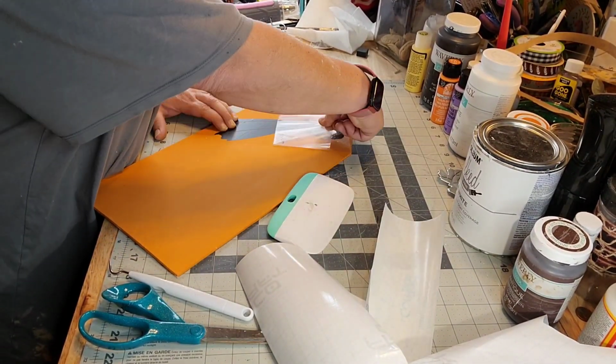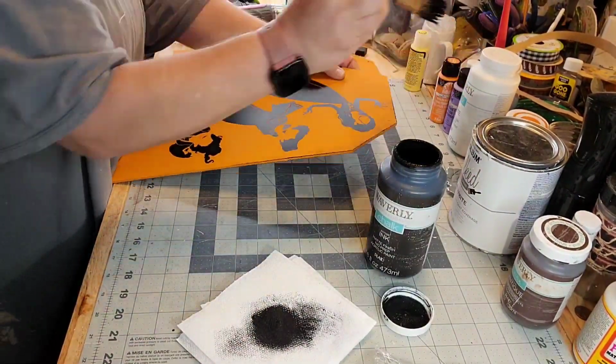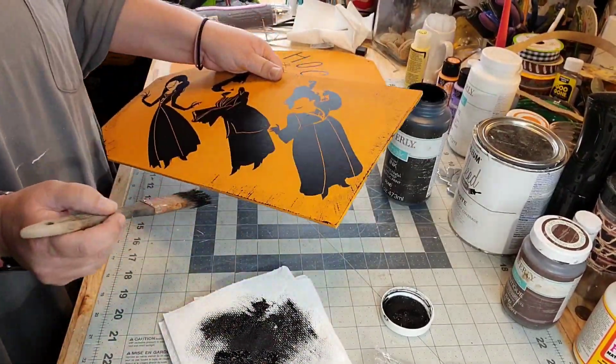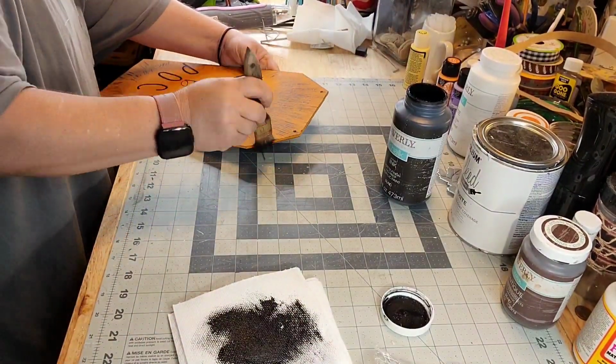I have Cricut Design Space. I've had it for a long time now, but those were not free. So it's supposed to be Winnie, Mary, and Sarah. But anyway, I'm going to take my black chalk paint there and a